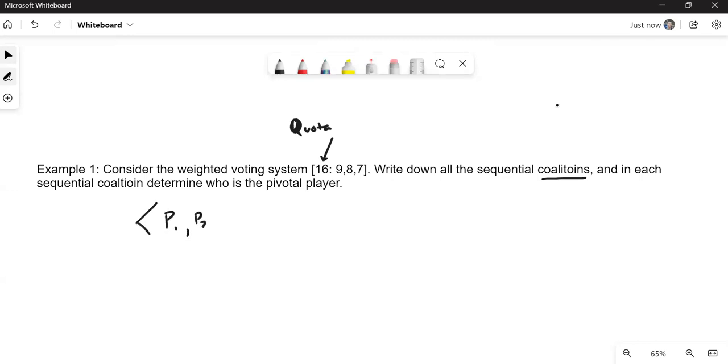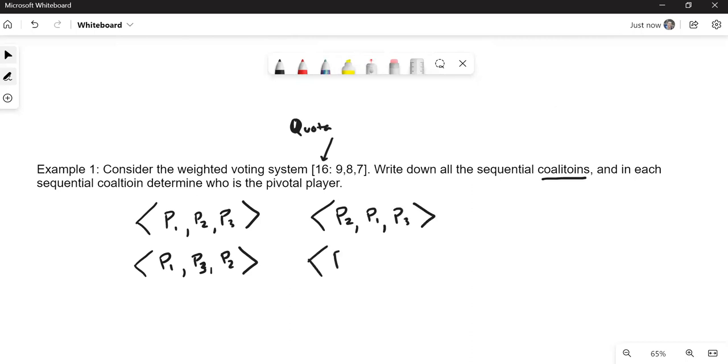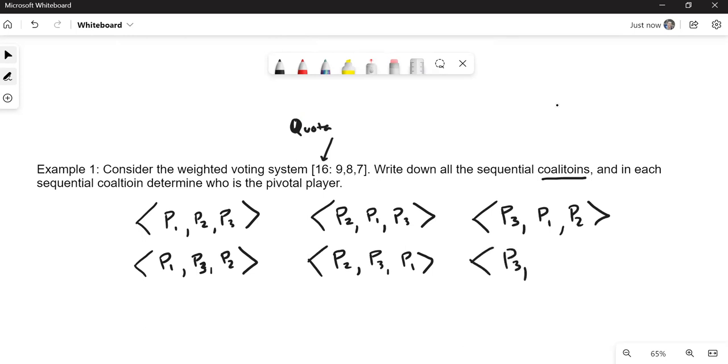Player 1, player 2, player 3 is our first one. And then again with player 1 first, player 1, player 3, player 2. Those are the two possibilities if player 1 goes first. Then what if player 2 goes first? If player 2 is first, you could have player 1 and player 3. And then you also could have, if player 2 goes first, player 3 and then player 1. Lastly, consider what if player 3 is first in the coalition. Player 3 could be followed by player 1, player 2, or the last one, if player 3 is first, could be player 2 and then player 1. So what we're going to do in each one of these is decide who is pivotal,